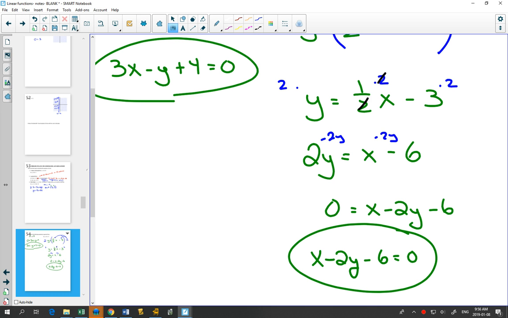And so a lot of mathematics has a simplest form so that everybody can be in agreement about what the right answer is. So if you were working with somebody else and you said, I got this, and they said, oh no, I got this. Well, then you might both be right, but if we have an agreement on what simplest form is,